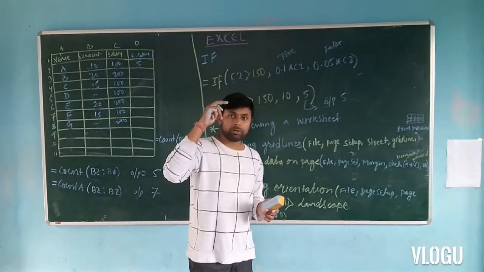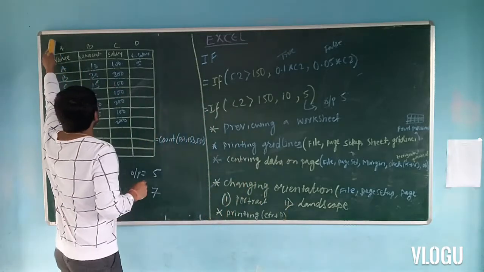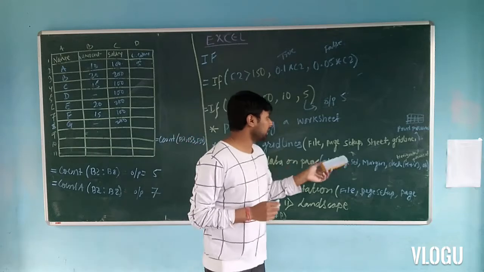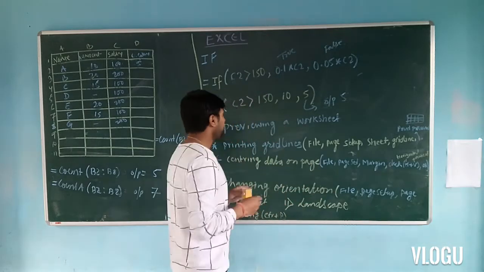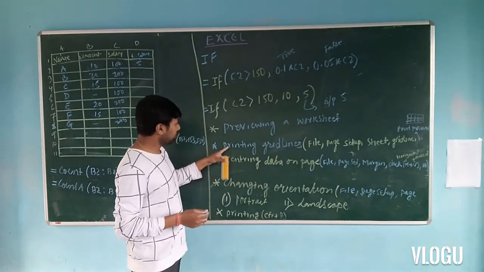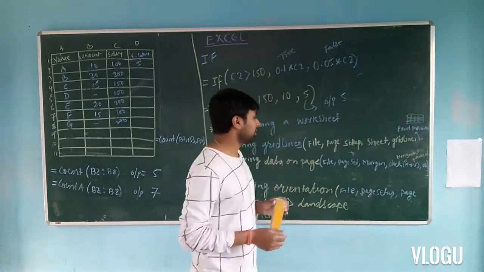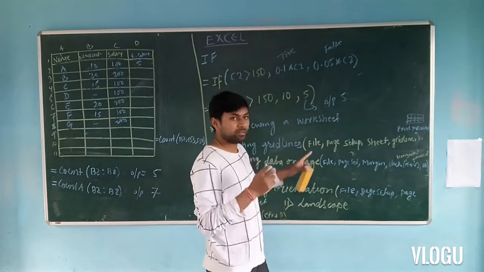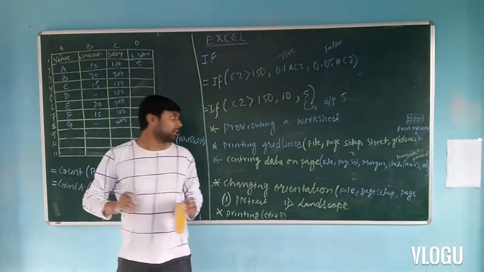Just click on File. There is a File button at the top of Excel. If you click File, go to the next page setting, then the preview function is here. We can see it. Now inside the preview, we can see the printing gridlines. So first we have to click on File at the top of the Excel sheet. You can find it there.